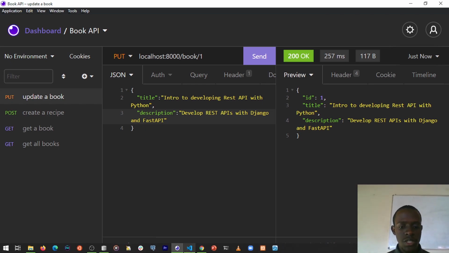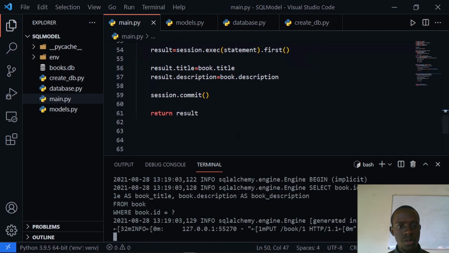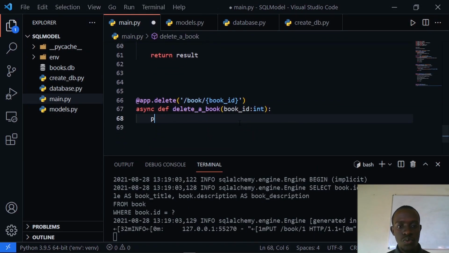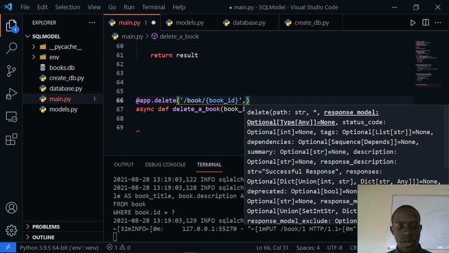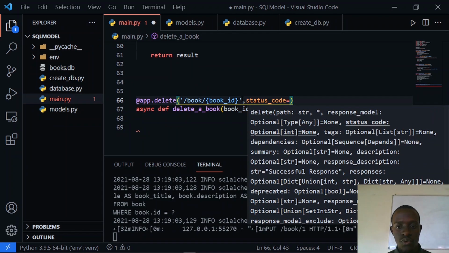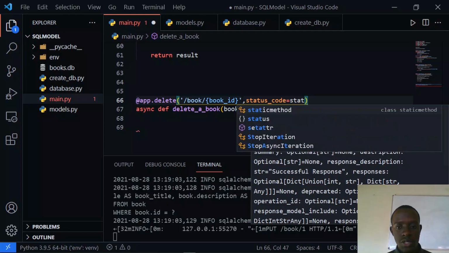resource. So let's go ahead and delete a book. To delete a book, I'm going to query for a book, and if it does not exist, I shall return 404. If it exists, then we're going to delete it, returning a status code of 204. So the first thing I'm going to do is to come right in here and specify the status code. So the status code in this case is going to be